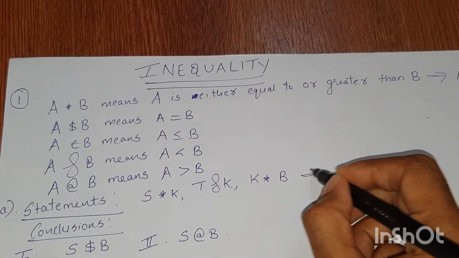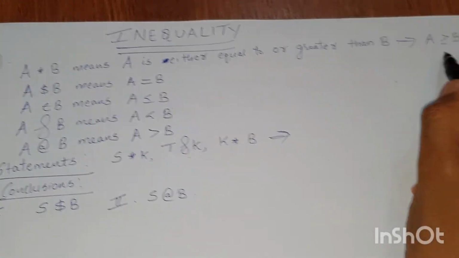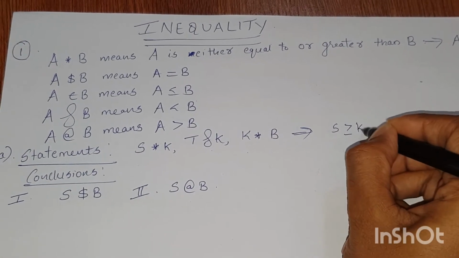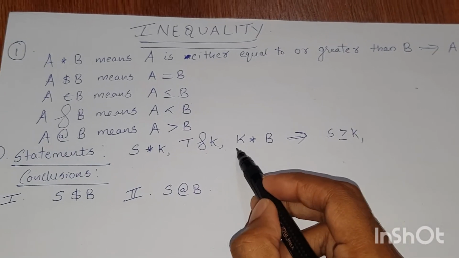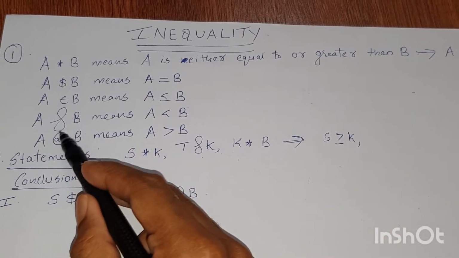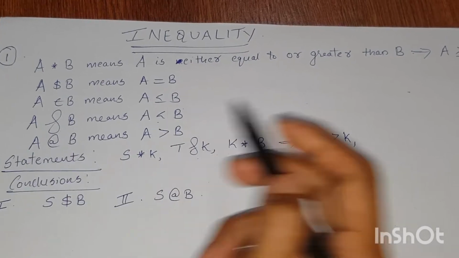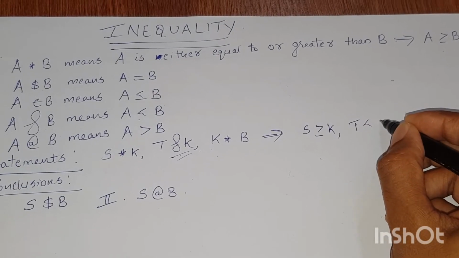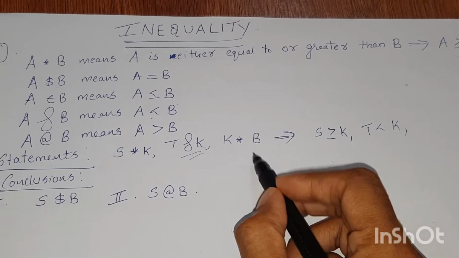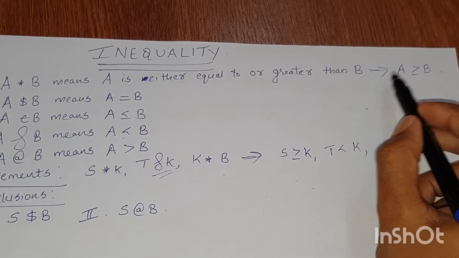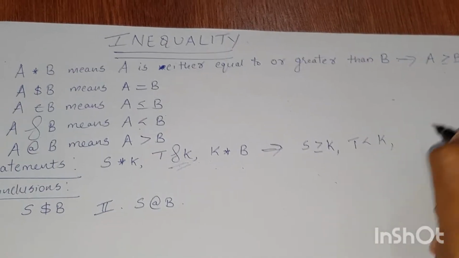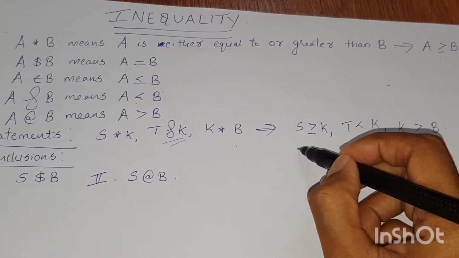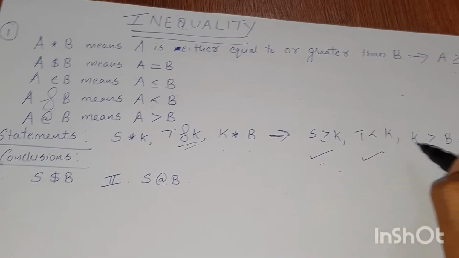S star K means star means greater than or equal to, right? So S star K means S is greater than or equal to K. Now T and K, the symbol and means less than, okay. So T and K means T is less than K. Now K star B, star means greater than or equal to, right? So K star B means K is greater than or equal to B. Understood? So our statements are S greater than or equal to K, T less than K, K greater than or